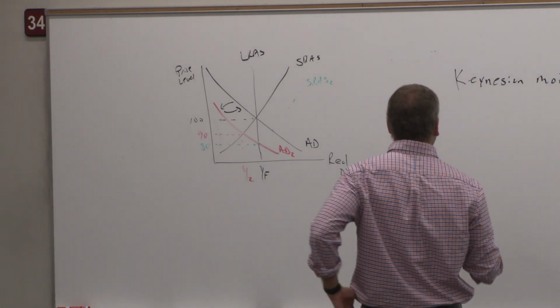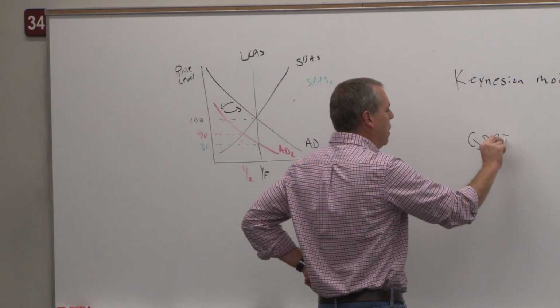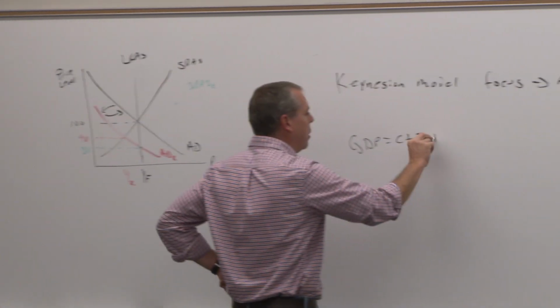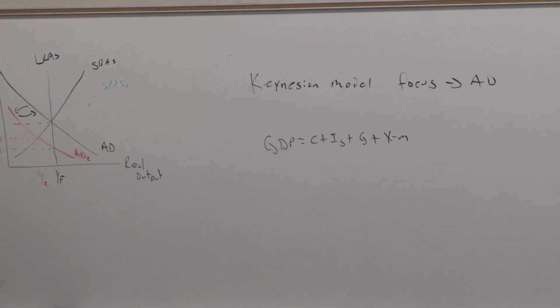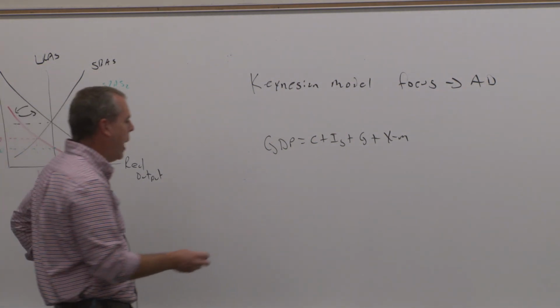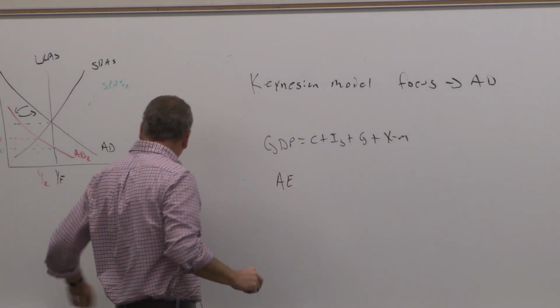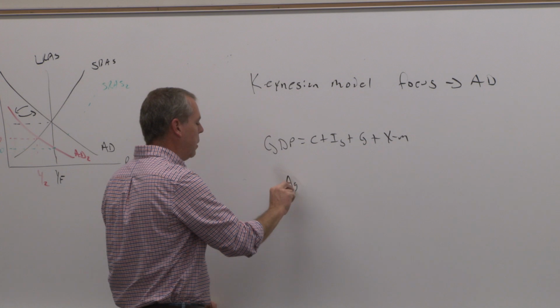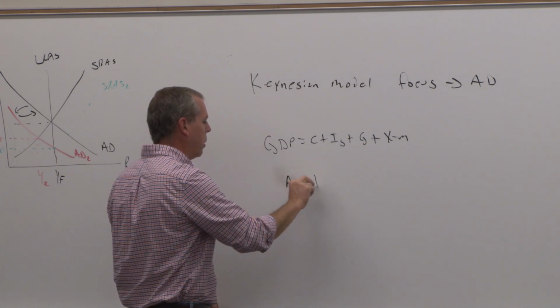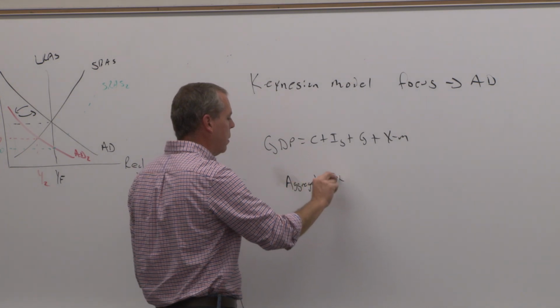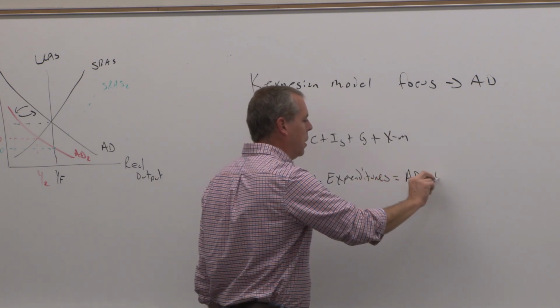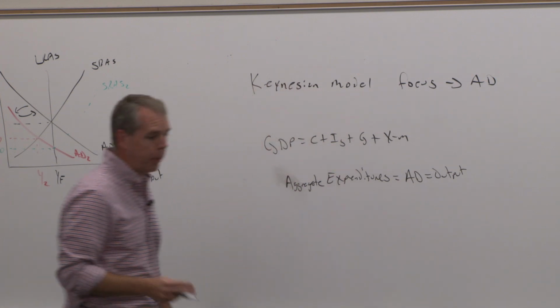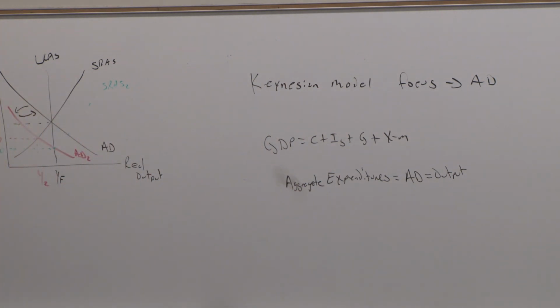So you'll recall that output here, our GDP, is equal to our C plus gross investment plus G plus X minus M. And in essence, what Keynes said is that if you really think about it, these aggregate expenditures are equal to aggregate demand, and eventually these things are going to be equal to output. Firms aren't going to make stuff that they can't sell, basically, is what he said. It doesn't make sense for them to do that,